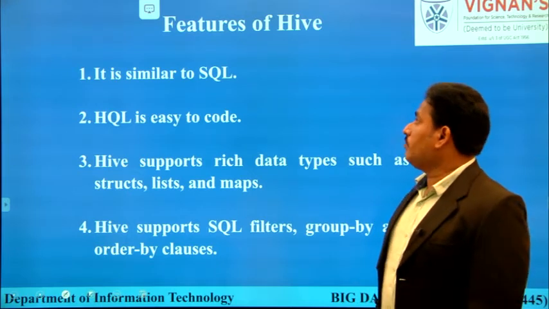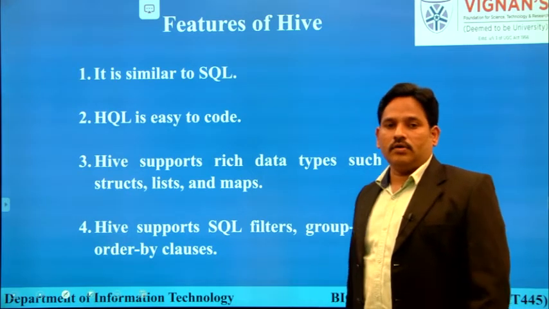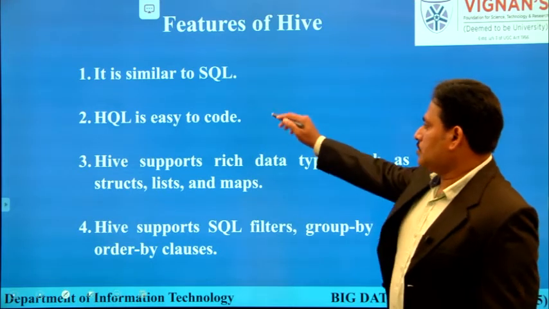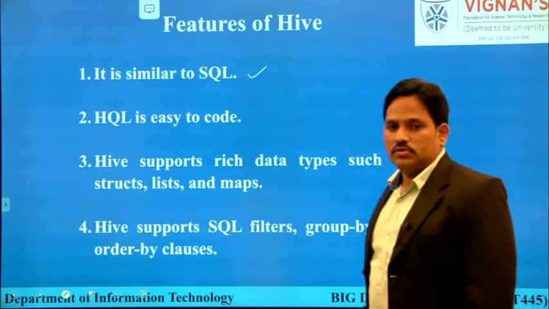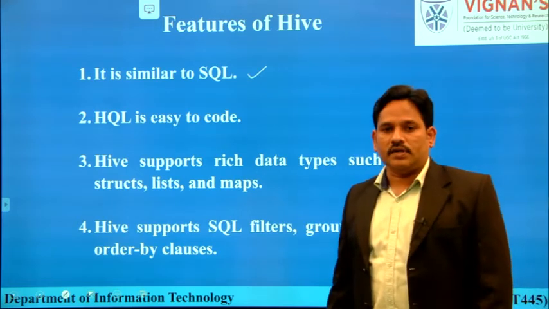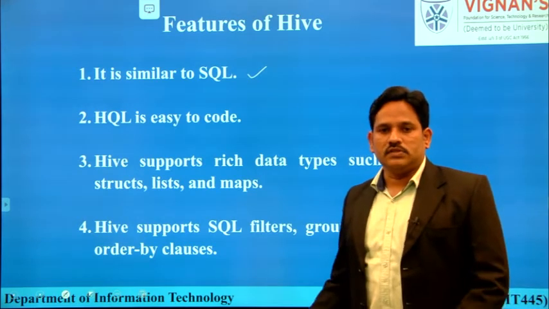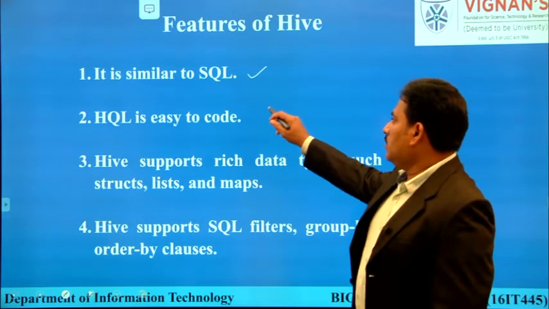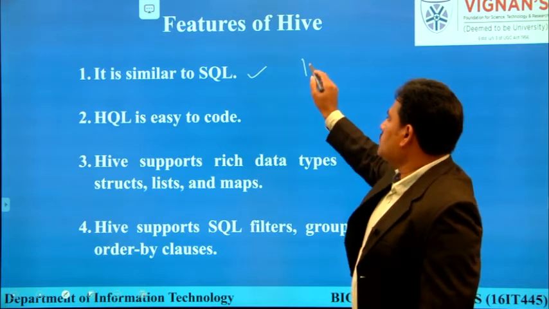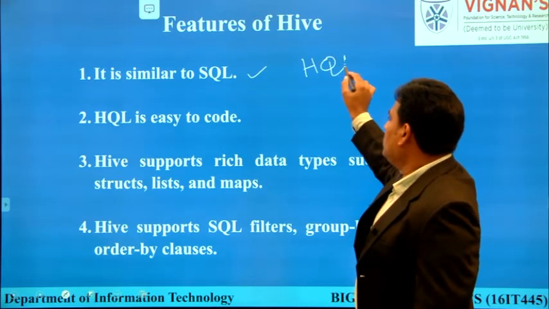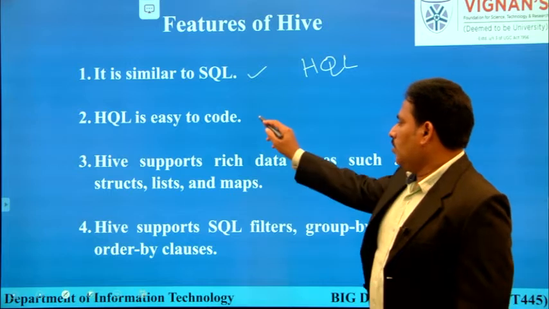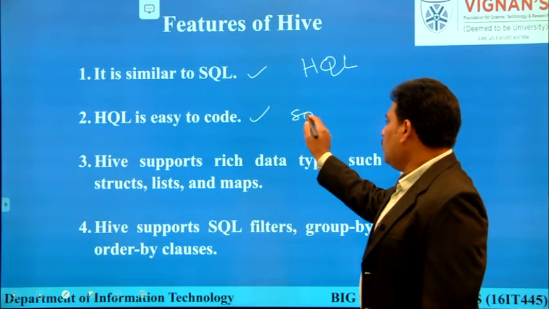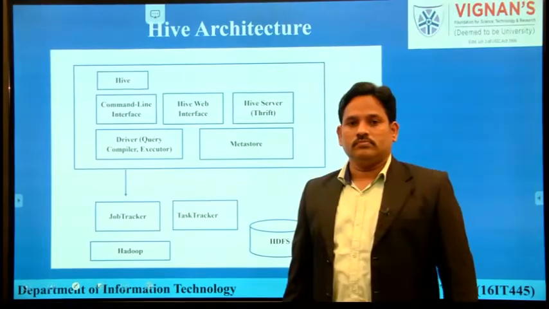Now we'll see what the basic features of Hive are. When compared to other existing storage and accessing tools, how is Hive different? First, Hive is similar to SQL. That means the syntactical and semantic representations of SQL and Hive look the same. Here the programming in Hive is called Hive Query Language. Now Hive is used to code like SQL programming. We can write programming concepts.